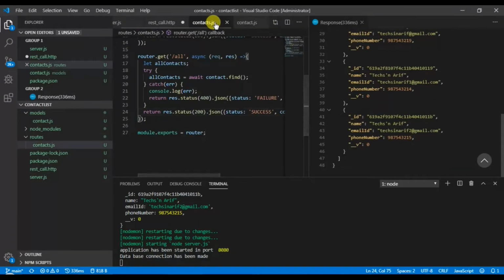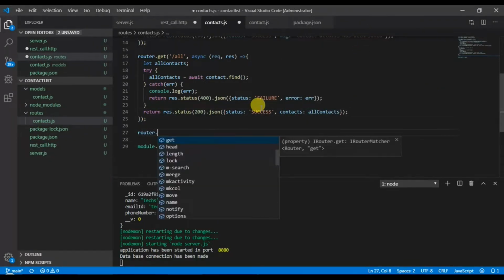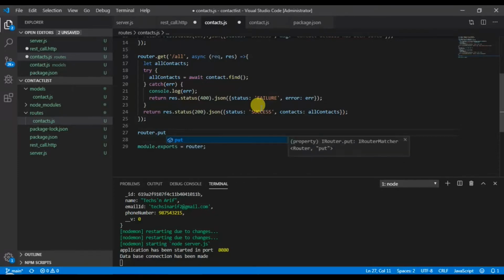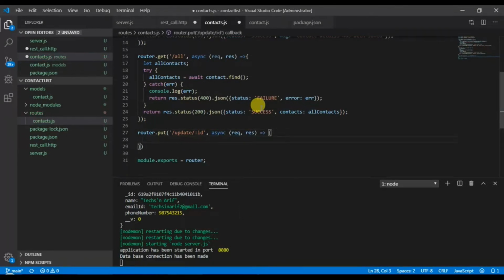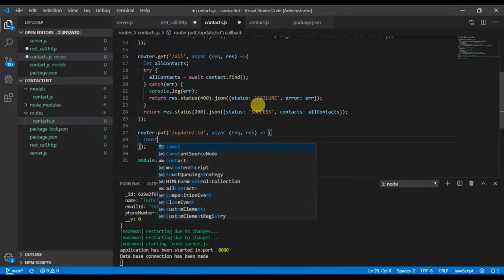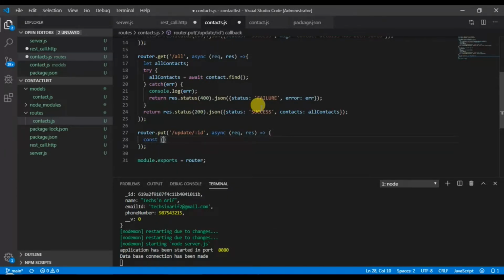So, in order to update the data, we should use the router.put method, which accepts two arguments, the path of an API call and the callback method. If you notice the URL path, we will be using path params to update the data, right?